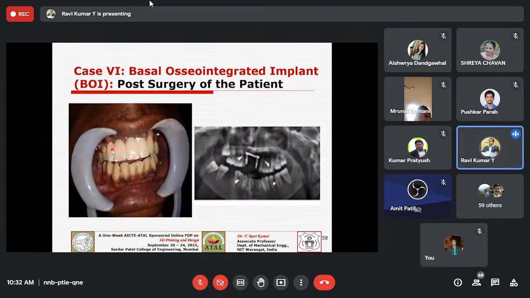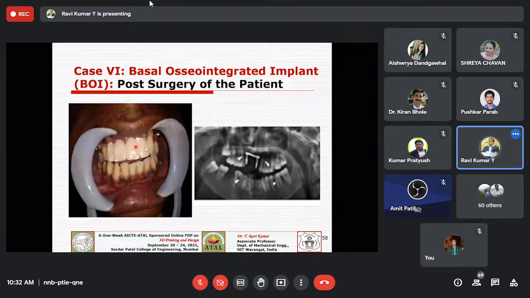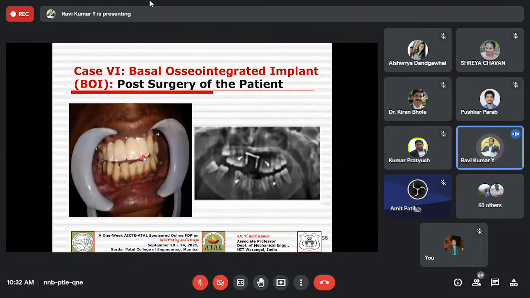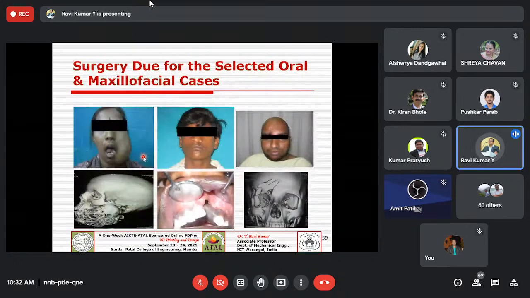This is what I'm talking about: you can see the X-ray image, the hand X-ray right after the placement in the operation theater. This is the image where you can see the placement of the implant, and on top of it we were able to fix these four teeth without any gap, fitting it here, right? So this is the post surgery of the patient, right? And we can see several